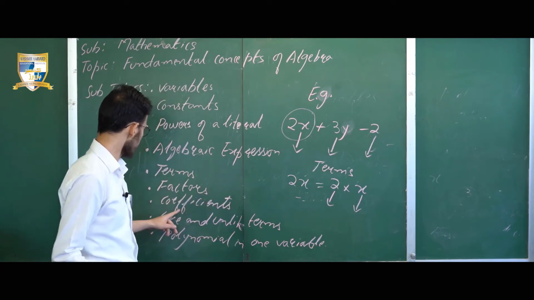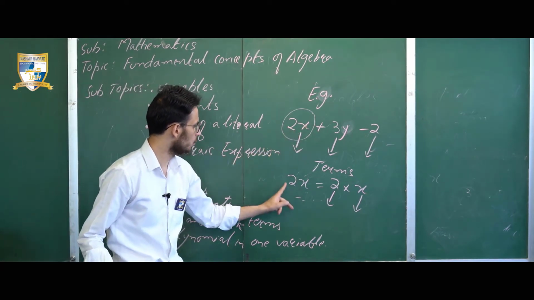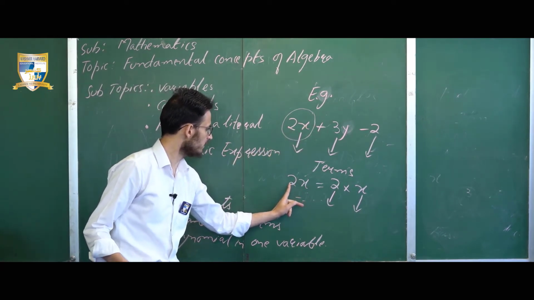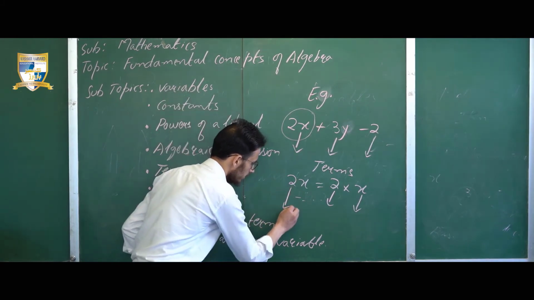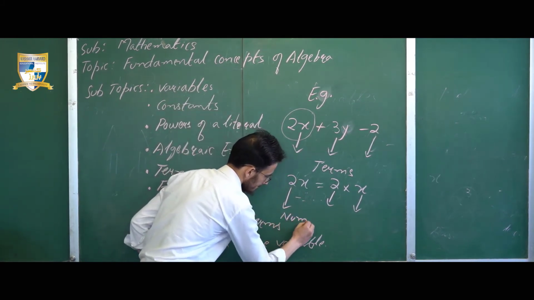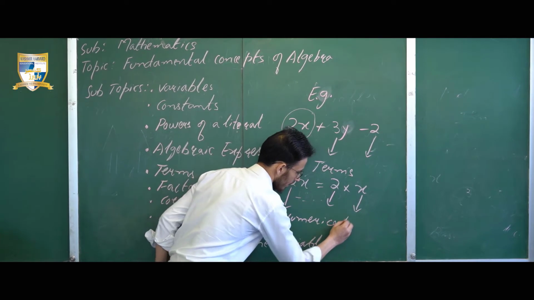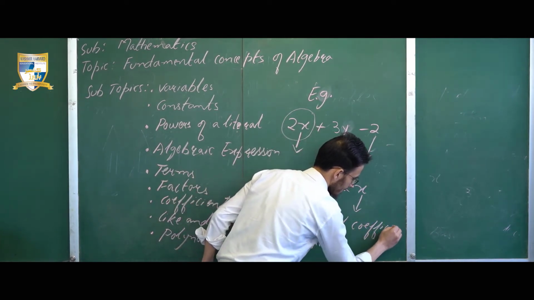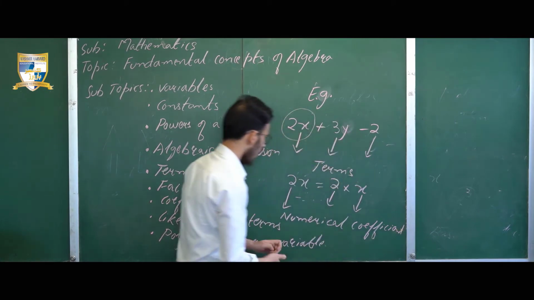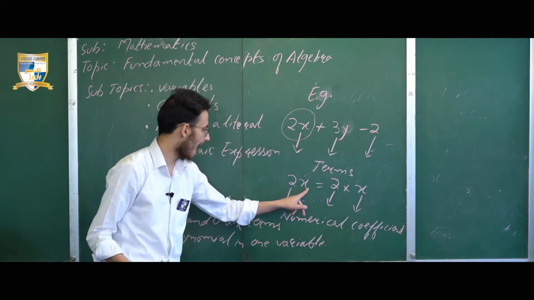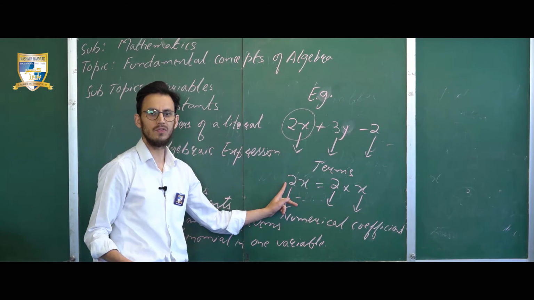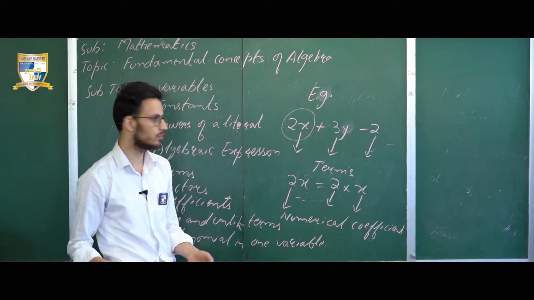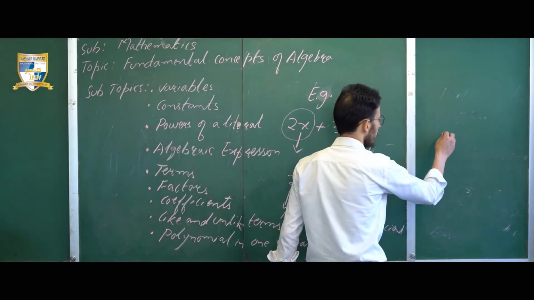And we have the next, that is coefficient. We can say that 2 and x. Here the 2 is the numerical coefficient of x, or we can say that x is the literal coefficient of 2. So whenever we have such kind of situation, like I will give you one more example,